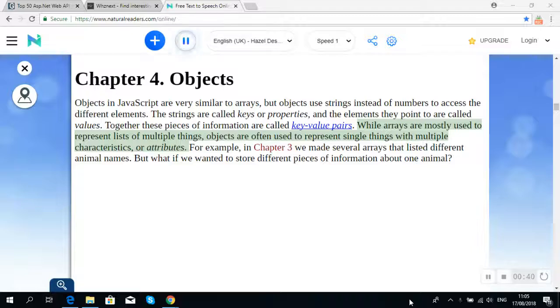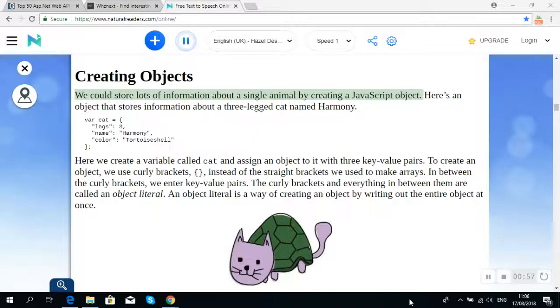multiple characteristics, or attributes. For example, in Chapter 3 we made several arrays that listed different animal names. But what if we wanted to store different pieces of information about one animal? We could store lots of information about a single animal by creating a JavaScript object. Here's an object that stores information about a three-legged cat named Harmony. var cat = { legs: 3, name: "Harmony", color: "tortoiseshell" };